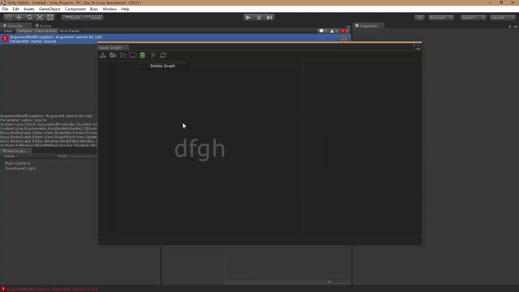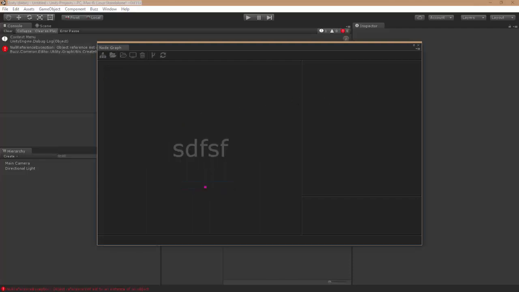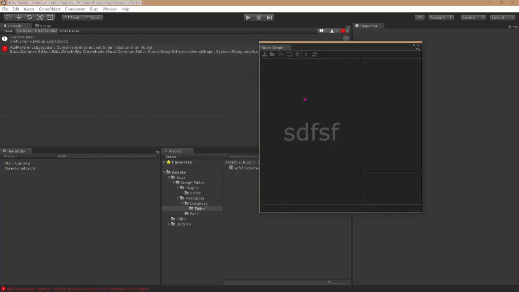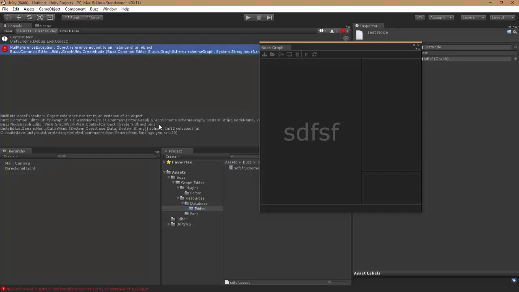So yeah. Clear. Whatever. And no null reference exception anymore. Now I get another null reference. And what is this one happening? So I'm creating the test node. I'm not creating it inside the schema. The worst thing possible is that it's not